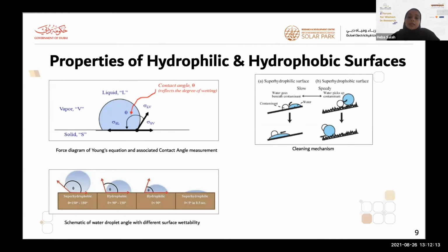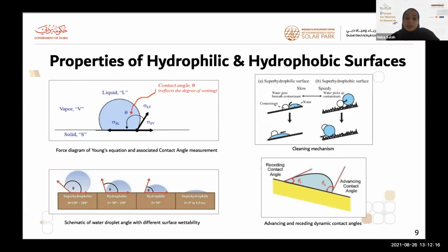Now, another property that characterizes the hydrophobicity is the contact angle hysteresis and the surface roughness. The contact angle hysteresis is the difference between the advancing and receding contact angle of a water drop on a tilted surface. So basically it describes the surface adhesion. If the advancing angle is greater than the receding angle, this indicates a weak surface adhesion, and the water droplet will slide down the inclined platform. But on the other hand, if the advancing angle is lower than the receding angle, the droplet will be unable to slide down the inclined platform. And both the water contact angle and the hysteresis are caused by the surface heterogeneity and surface roughness. The surface roughness can also be classified into either micro or nanoscale roughness, and both help to increase the water